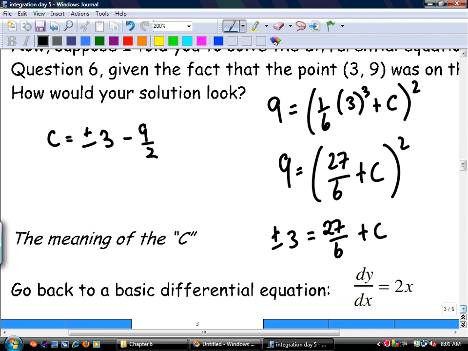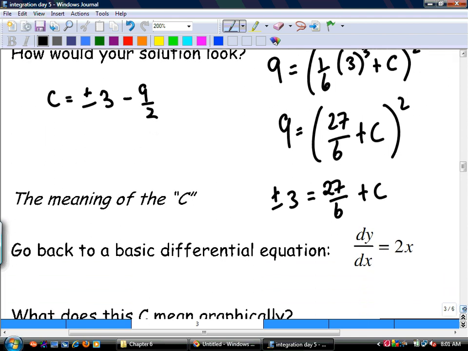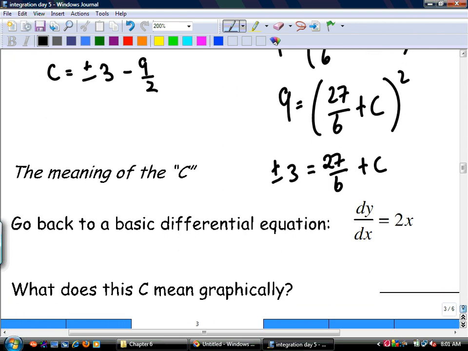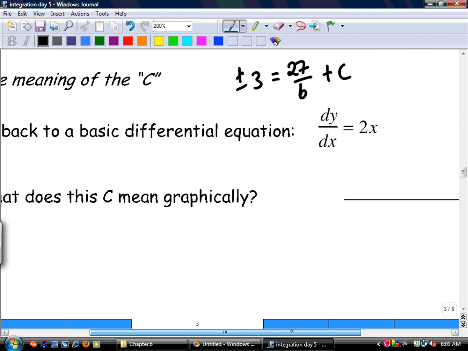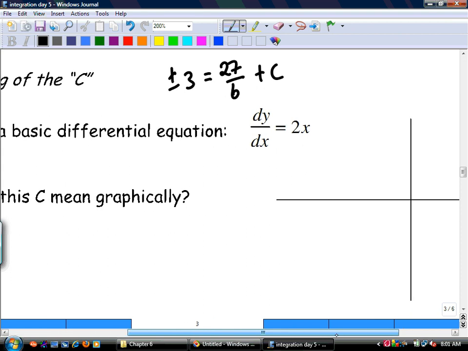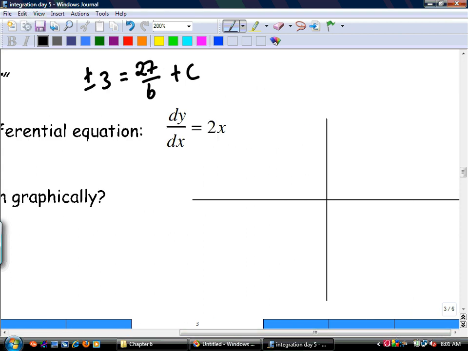Okay. The meaning of c. Go back to the differential equation. dy over dx equals 2x. Okay. What does c mean graphically? Well, all it means is the slope. Okay, so what this is saying is everywhere on the curve,